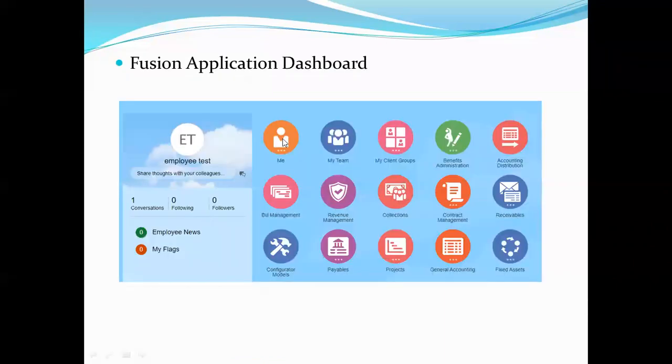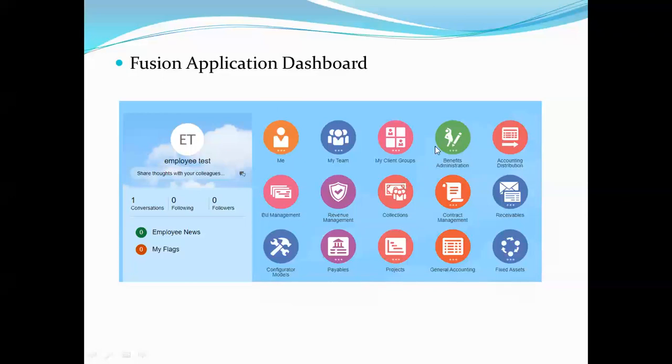See here, this is the Fusion application dashboard. In our Autovell application, in our E-Business Suite, our EBS, we have a 3-step process which we need to follow to access our product families. First we connect to the Autovell application and it will initiate JDeveloper. At last it will open this kind of responsibility. There we perform business-related operations. That is a 3-step process.